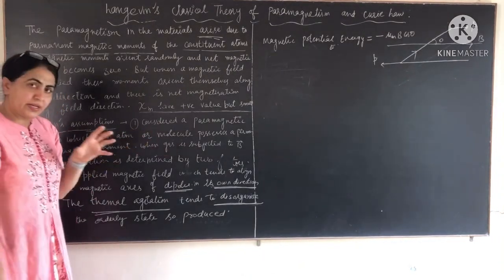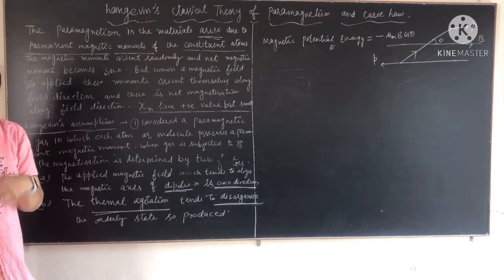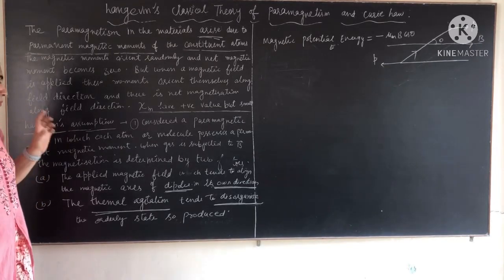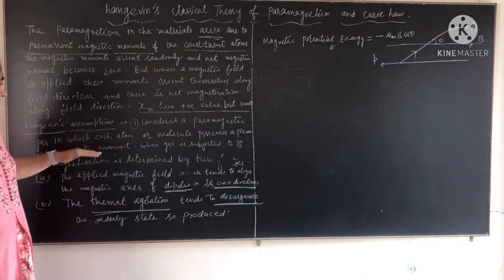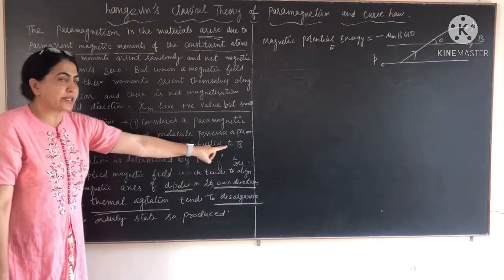So he considered a paramagnetic gas in which atoms or molecules have a permanent dipole moment first, and that magnetic moment,